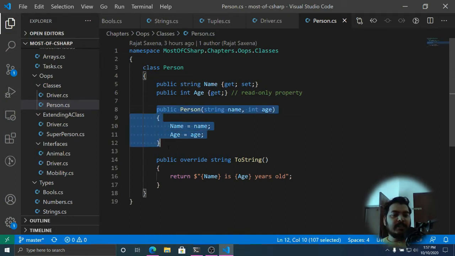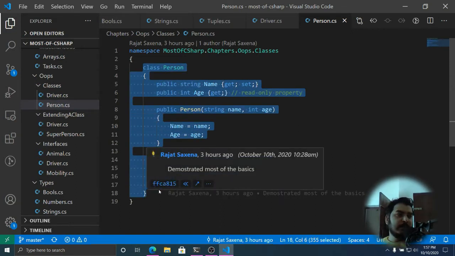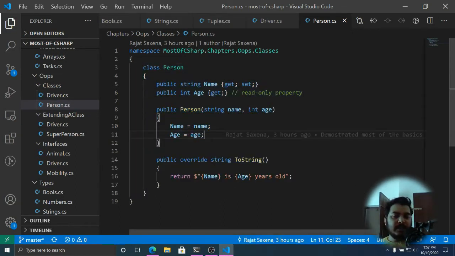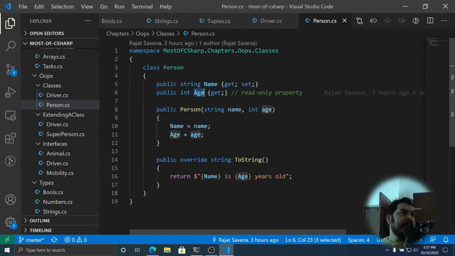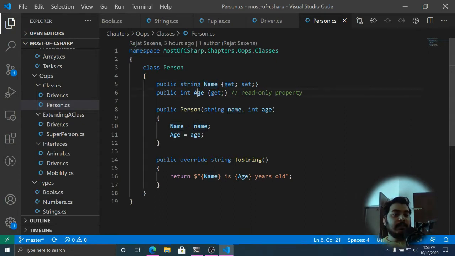This is a constructor. Again, the normal stuff. If you are coming from Java, you might have seen this. Most of this syntax is very similar to Java. So if I want to initialize these properties when creating an instance of the class, I can provide these values, and these values can be assigned to these class or member variables.